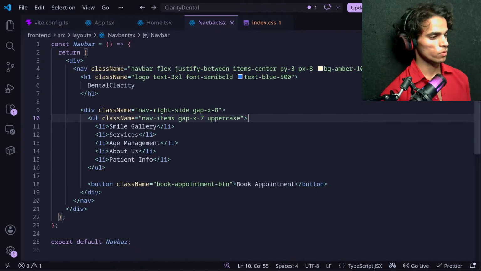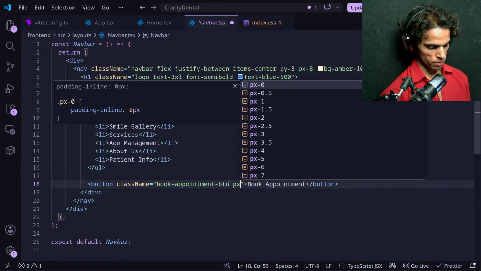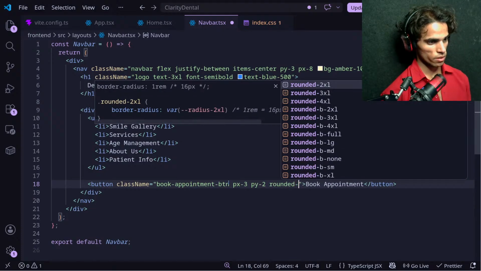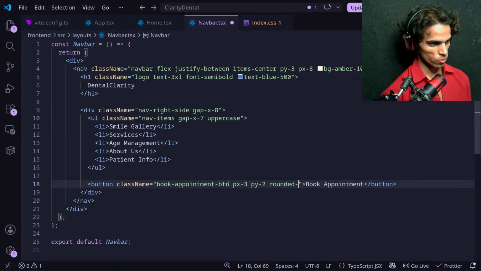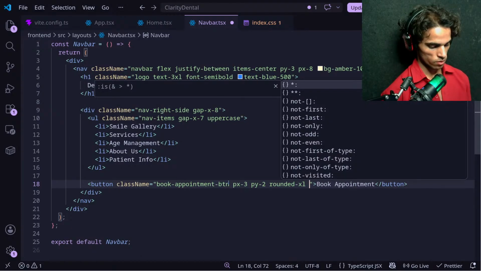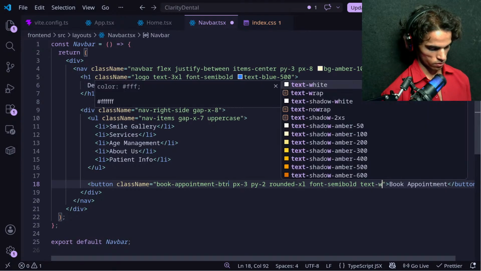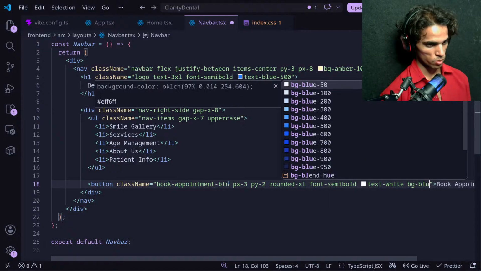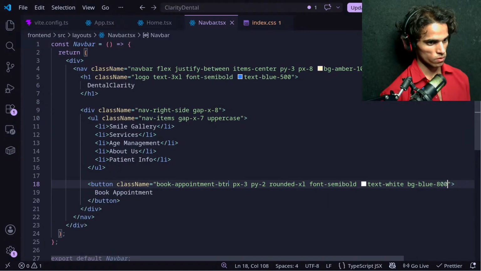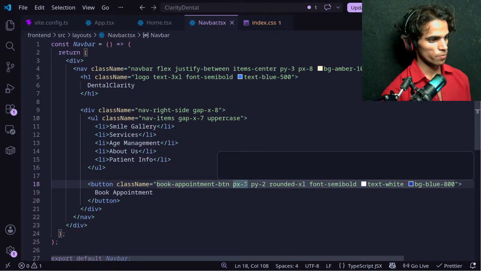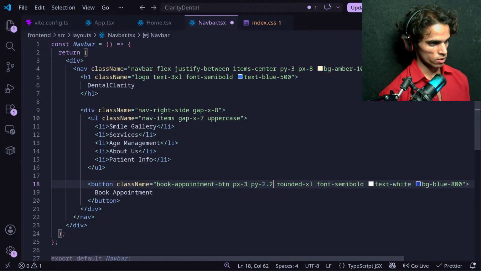Yeah, now I want to style the button component. Let's give it px of 3, py of 2, and rounded 2xl. No, rounded, font semi-bold, text white, BG will be blue, like this, and